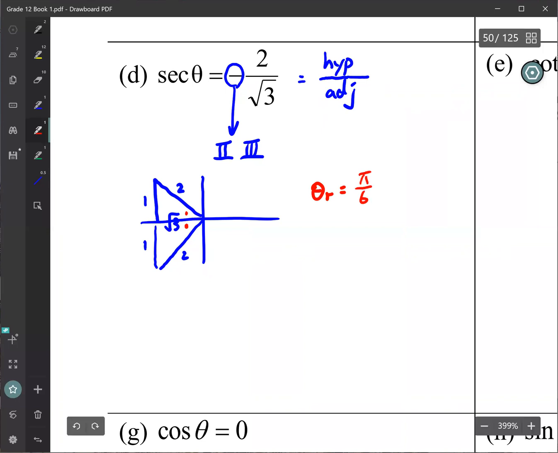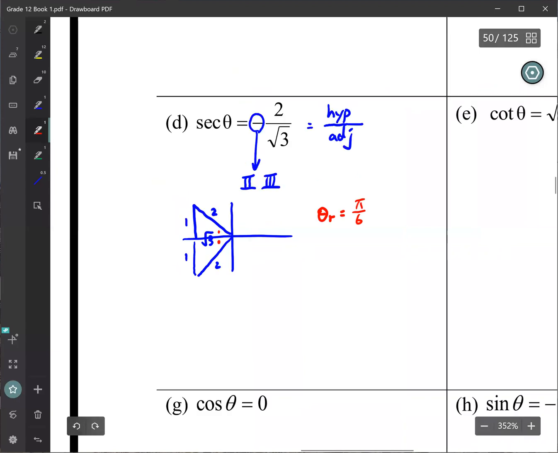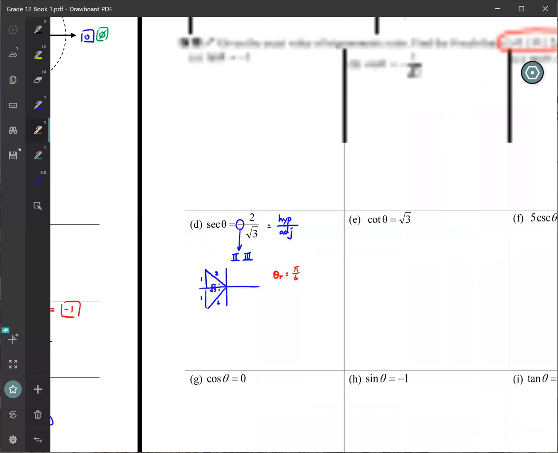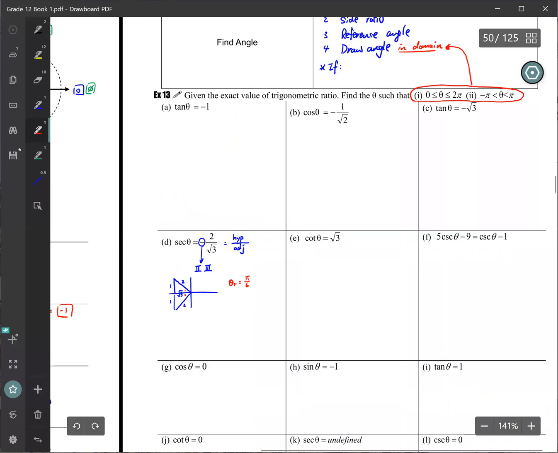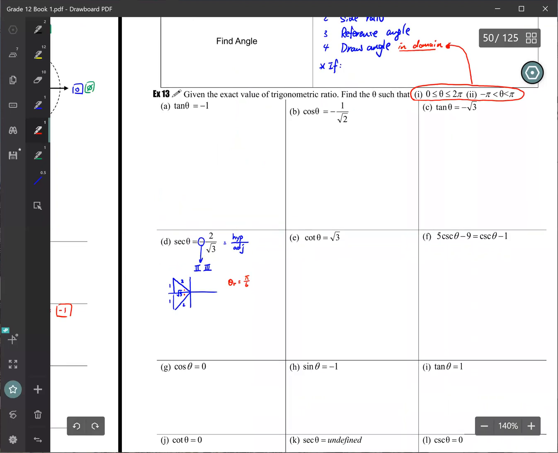The final step is to find the answer that we want, right? So here I have two domains, so that you can practice finding two different answers. Sometimes they do give you a different domain. It's not always 0 to 2 pi, okay? So if it's 0 to 2 pi, that's answer 1. If the domain is 0 to 2 pi, that means you are looking for,